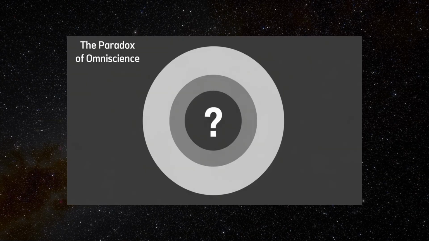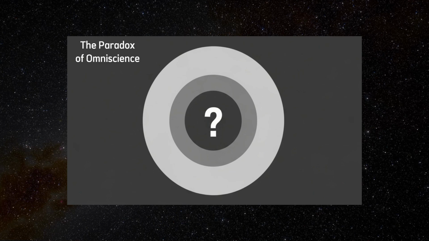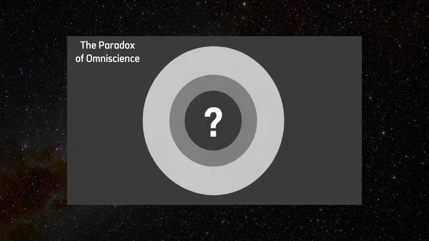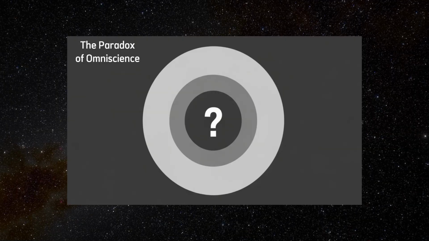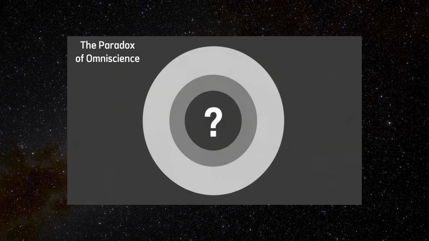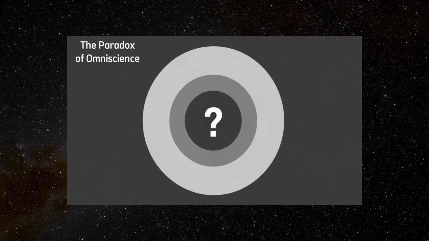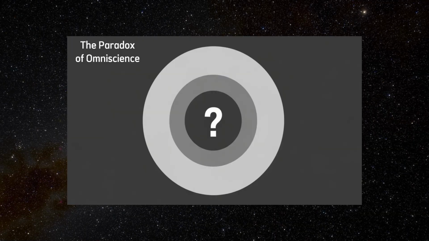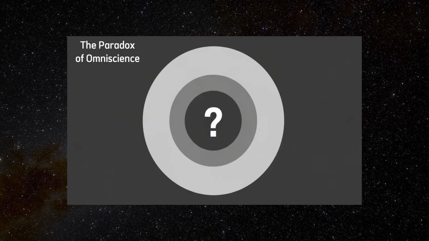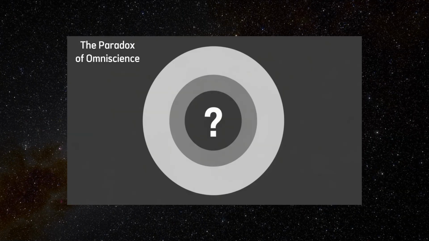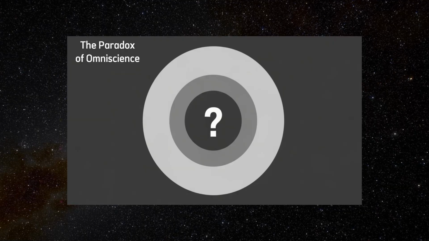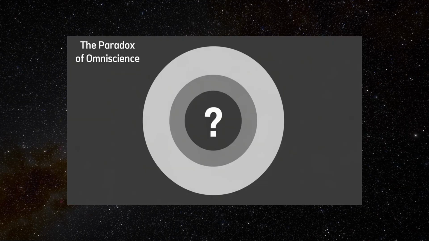Still others argue that true omniscience may include awareness of all logical paradoxes but not be bound by human conceptions of logic at all. In the end, the paradox of omniscience confronts us with a profound question: can the idea of knowing everything be made logically coherent, or is it ultimately a concept that, like infinity or perfection, challenges the limits of our understanding as much as it seeks to transcend them?